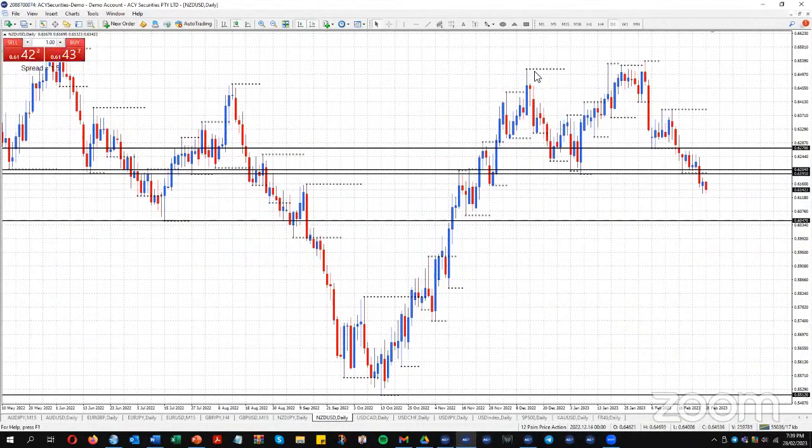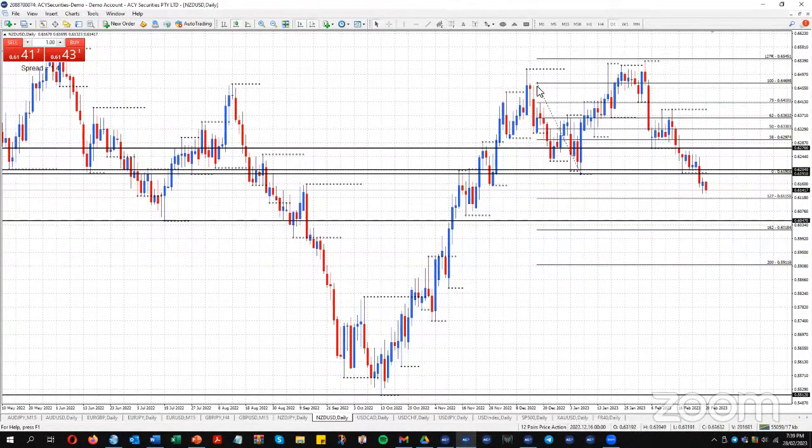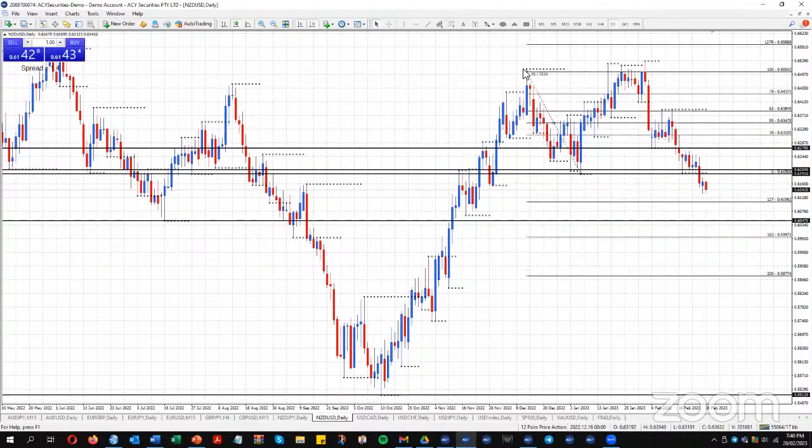All right, New Zealand dollar. Potential double top up here now. We've moved below the midpoint low area here. Let's put my fib in. So the target for that double top up there